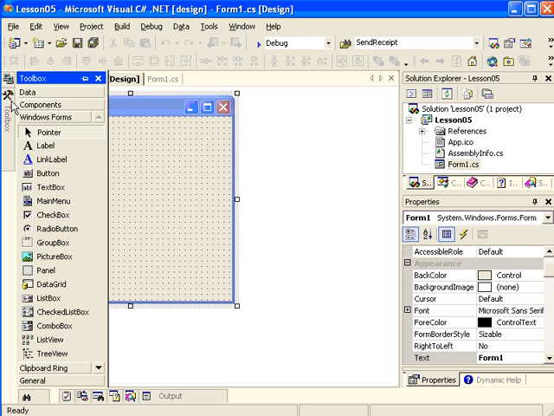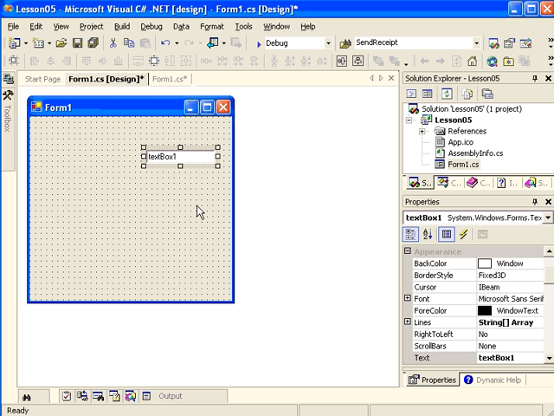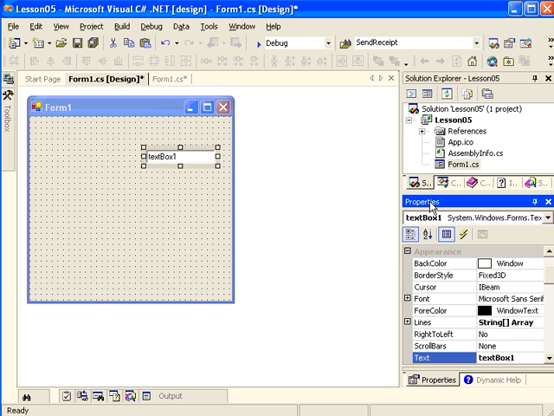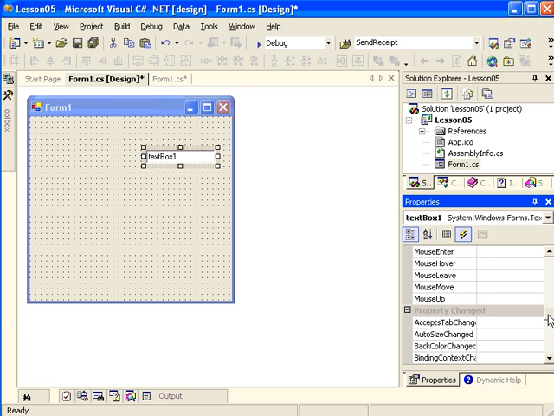Let's go back to our designer surface and drag and drop a text box onto it, and you'll notice that as we select our text box it shows up here in our properties window. To see all the events for that object, textBox1, we just need to click this little lightning bolt icon, and now we can see a list of all of the events that can be